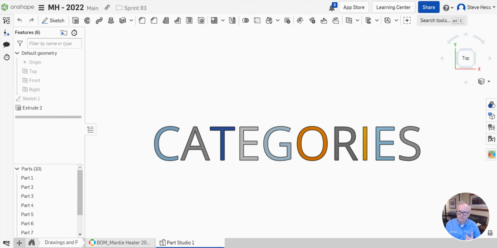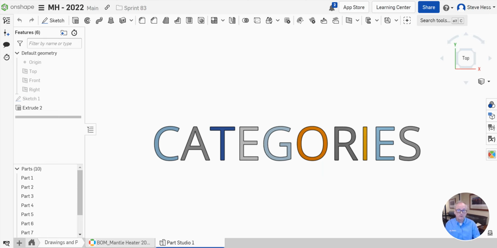So Onshape categories are important. And it starts by first setting up your Onshape categories. You may or may not have access to Onshape categories depending upon your Onshape subscription level. But if you do, you'll go into your company configuration to the categories area. And in my example, I've created a few extra categories here, one called casting, which I'm going to use in my example. And that's done by using the create category button and following the UI there and creating